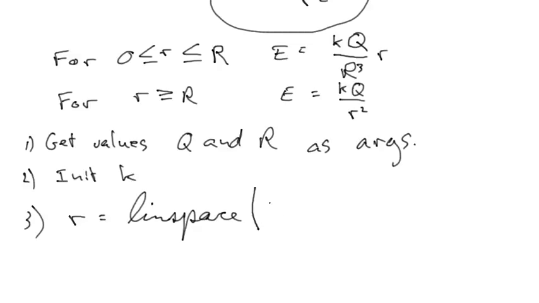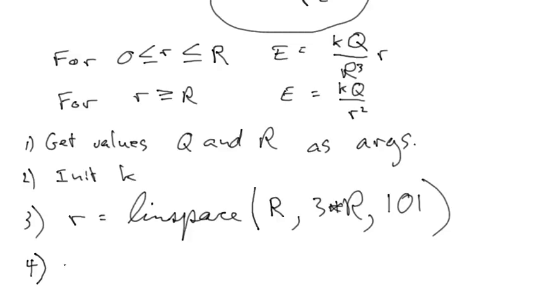from capital R to 3 times capital R, and I think I'll try 101 values. And then E for that region, from R out to 3R, I'm going to have E is equal to,